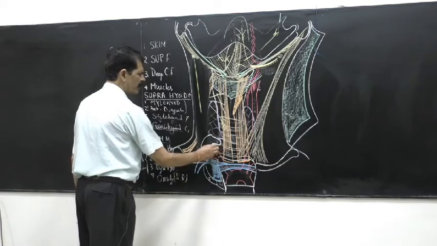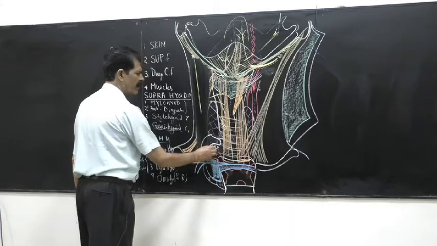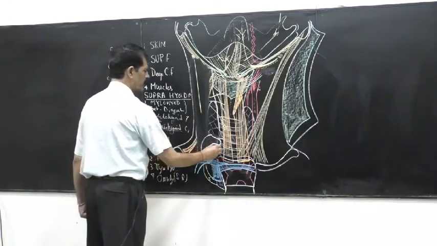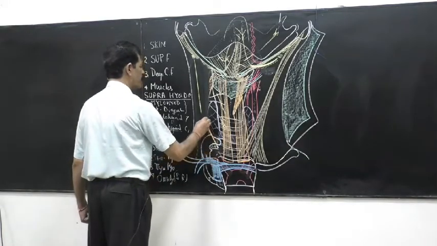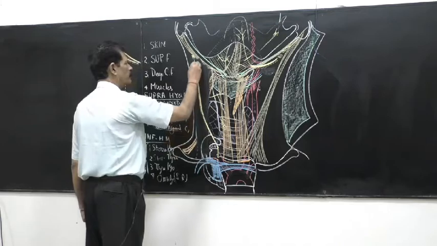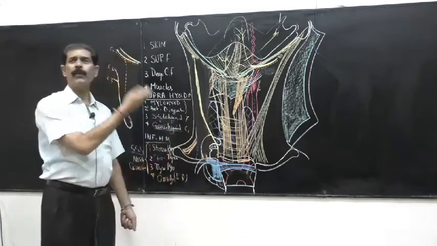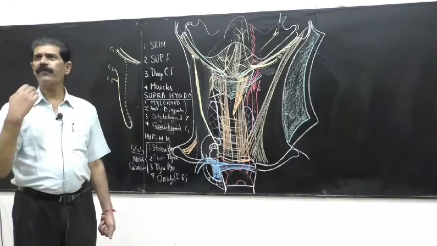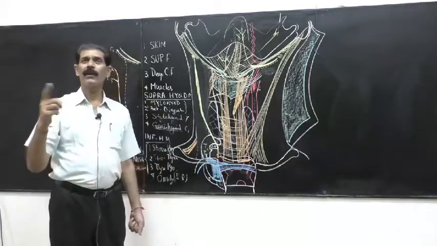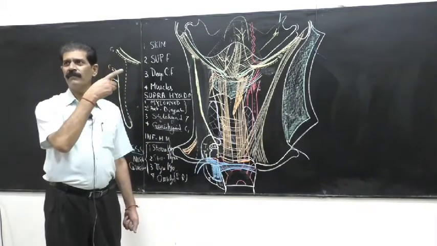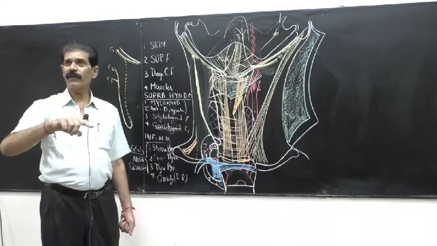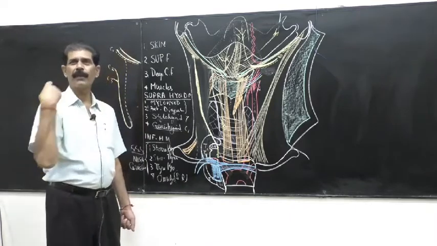If you remember, the SVAN, Swan relation. What was S? Medial most, sympathetic chain. This is the same sympathetic chain of the thorax now entering into the neck. This sympathetic chain has ascending fibers. They are already post-ganglionic in the upper four segments, T1 to T4, because sympathetic means thoracolumbar, lateral horn of spinal cord, which we have done is present only in the thoracic, not in the cervical part. So sympathetic supply has to go from the thorax to the neck and the upper limb.